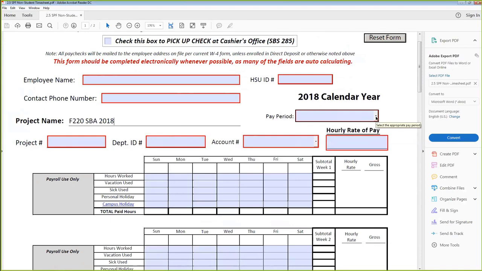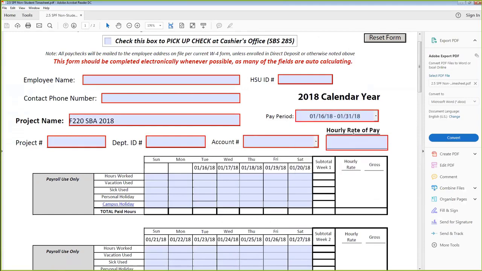And we would have the pay period here that would pull down. This is also another iteration of the 220 code, for example, the project code. We have a department ID, which is 20095. Anything that is SBDC related, we have like 50 grants, they're all going to be under that department ID. Account is the activity. So is this person benefited or non-benefited? And then what their hourly rate is.